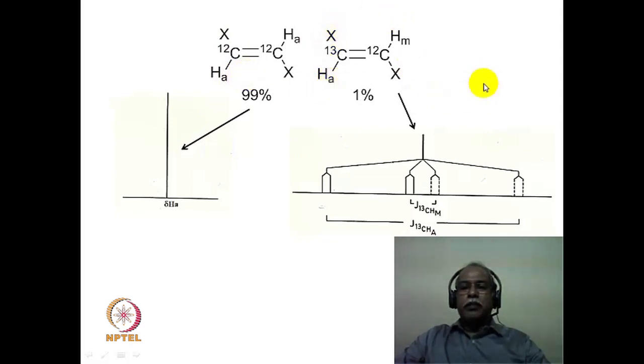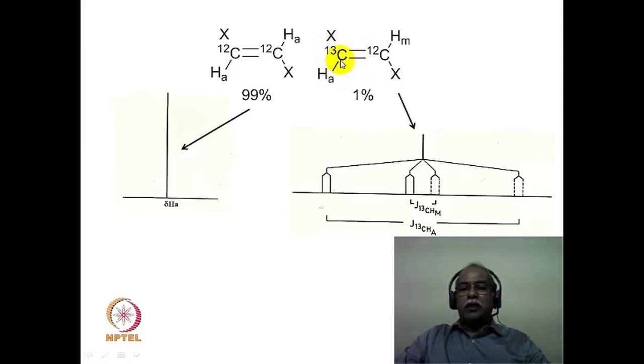So it should be possible to record the spectrum of this mixture and pick out the spectrum of this particular sample. Why is it important to pick out the spectrum of this particular sample? Because this is carbon 13, it is magnetically active, and that makes these two hydrogens non-equivalent in terms of the magnetic equivalence. They are chemically equivalent but magnetically non-equivalent in their nature. So one should be able to see the splitting between these two hydrogens in the carbon 13 isotopomer of the